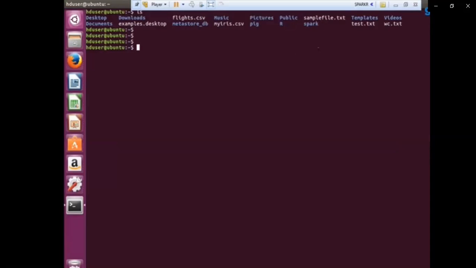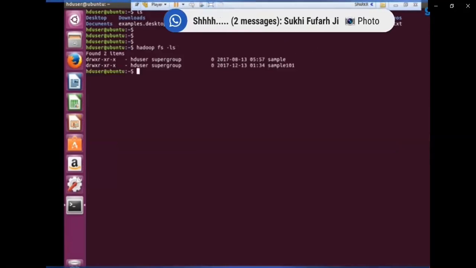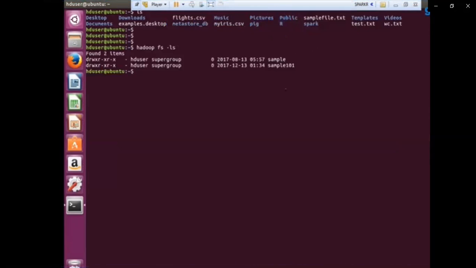Firstly, have a look at the present file directories. So the command is hadoop fs -put samplefile.txt sample101.